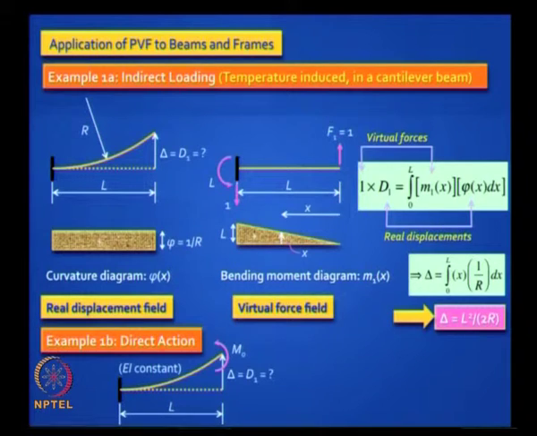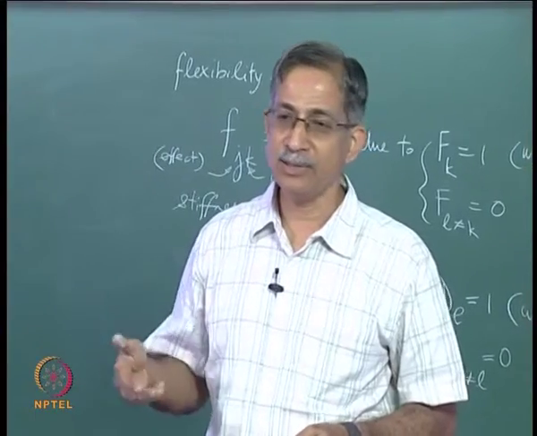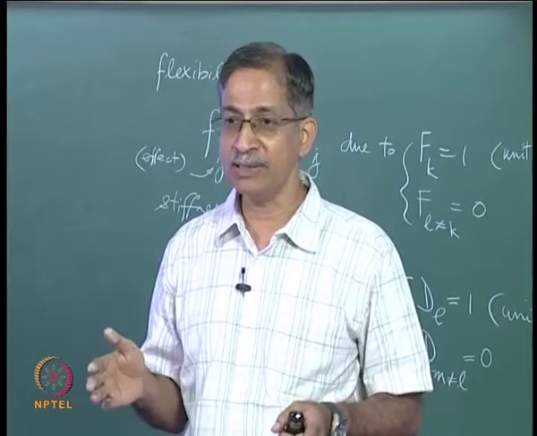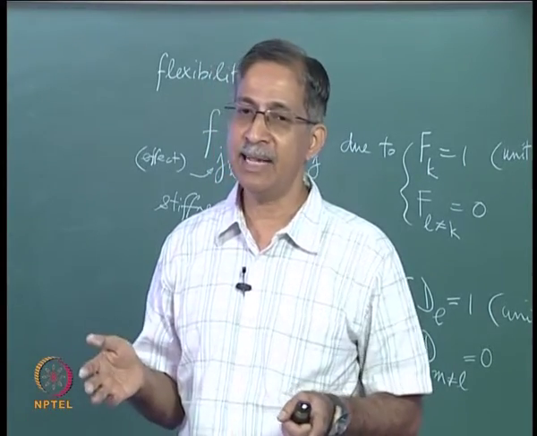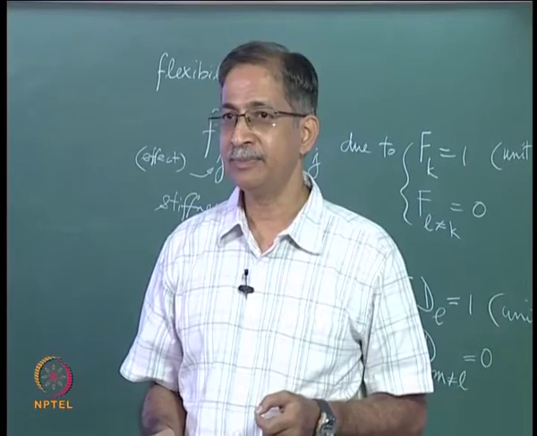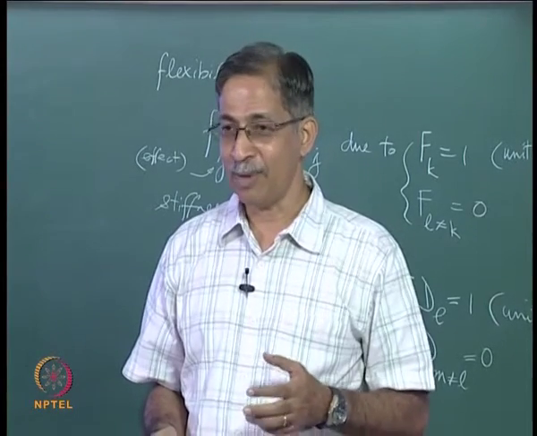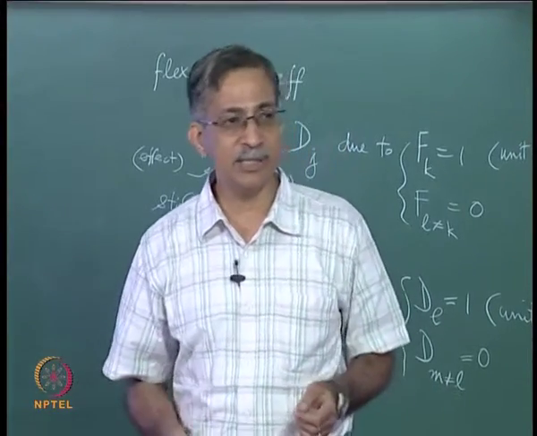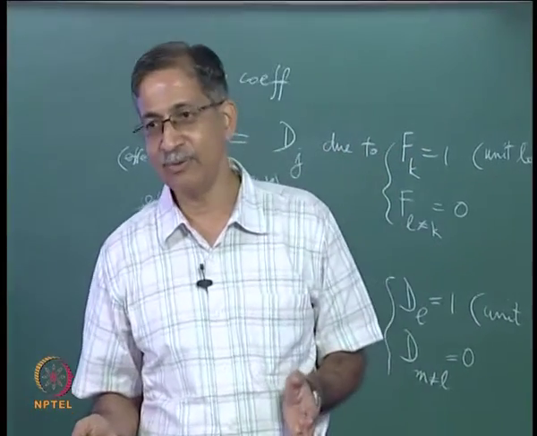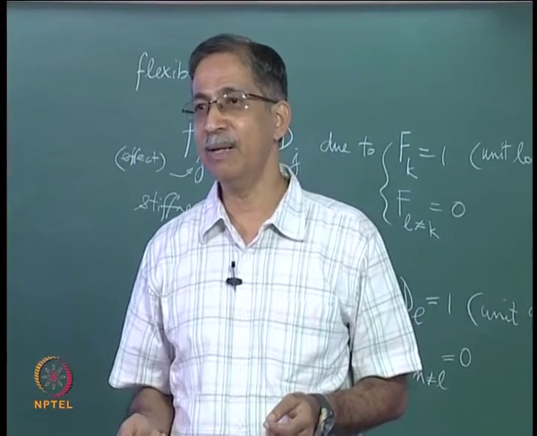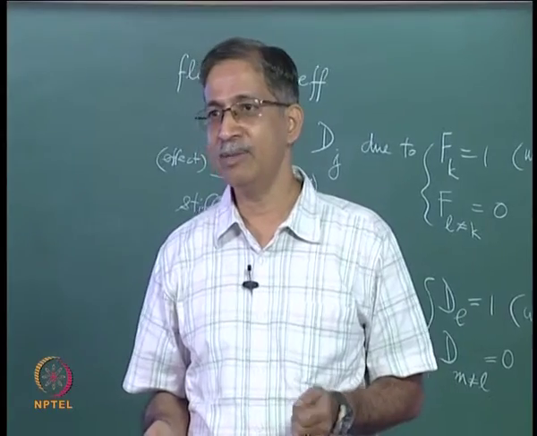Now let us take the same problem and imagine that this has happened because you applied a concentrated moment at the free end, agreed. So it will lift up. So now the cause is not environmental change, it is a deliberate action caused by a load. Then the curvature 1 by r is given by what you said earlier, it is bending moment divided by EI. The bending moment is constant everywhere because it is a case of uniform bending, pure bending. You get exactly the same answer, except that instead of 1 by r you will write it as M naught by EI. Is it clear?